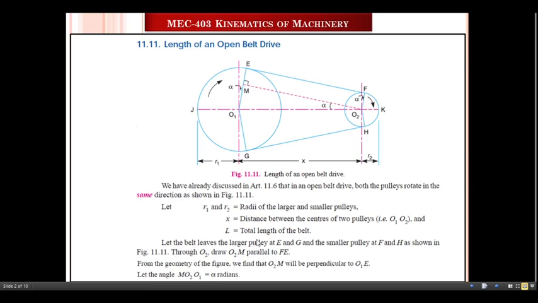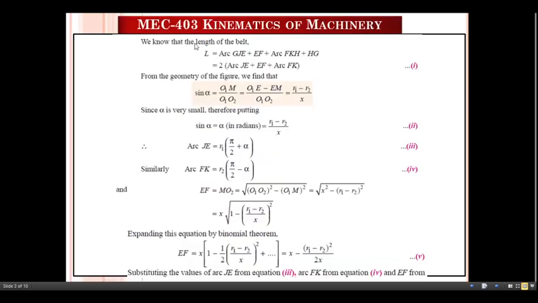From the geometry of the figure, we find that O2M will be perpendicular to O1E. Let this angle MO2O1 be alpha radians. We know that the length of the belt, that is L, is